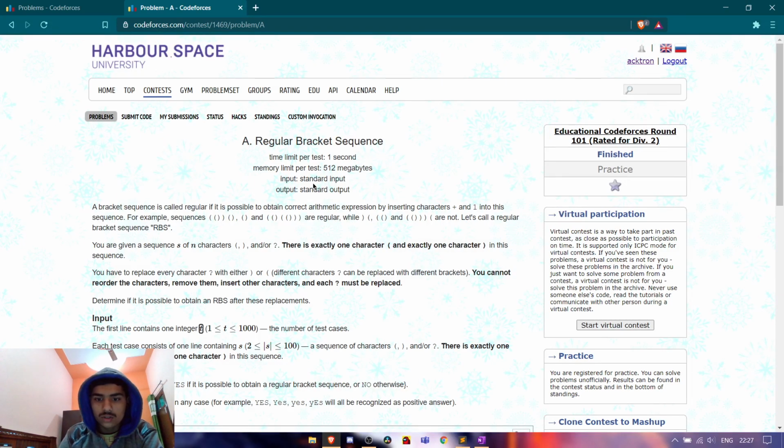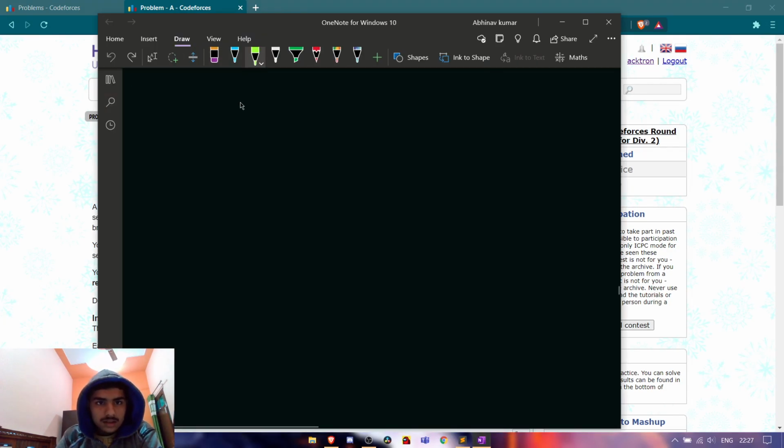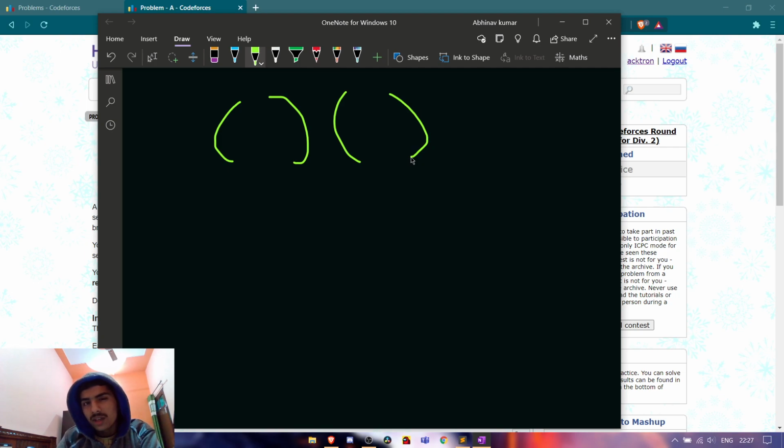Those who don't know what is RBS, suppose we are given a string like this. We need to check whether this is RBS or not. This is a simple bracket system: opening bracket, then closing bracket, opening bracket, then closing bracket.